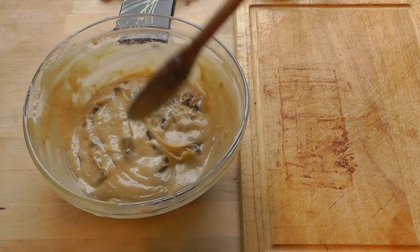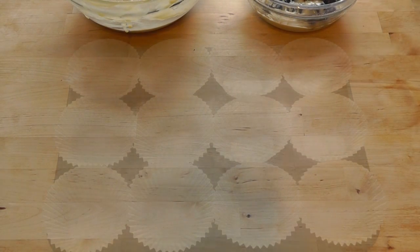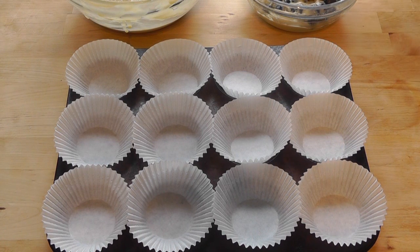And the next thing I'm going to do is move that out of the way. And I'm just going to get our little tray where we're going to have the muffin cases, and then we're going to start pouring this mixture into the muffin cases and then get it in the oven. Now I'm going to start off with the ones with the blueberries in there, and I'm just going to